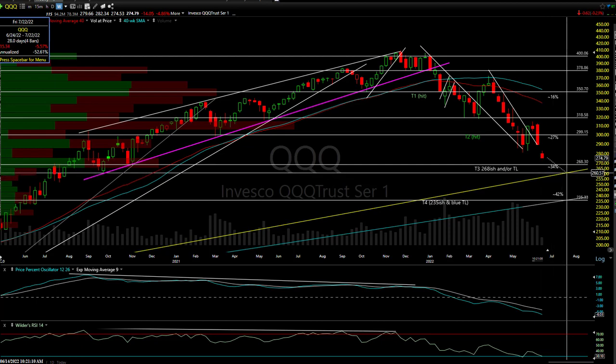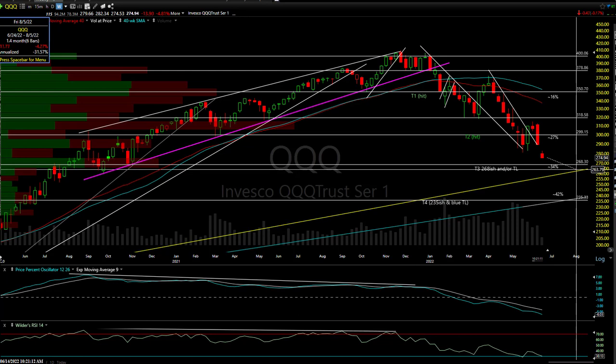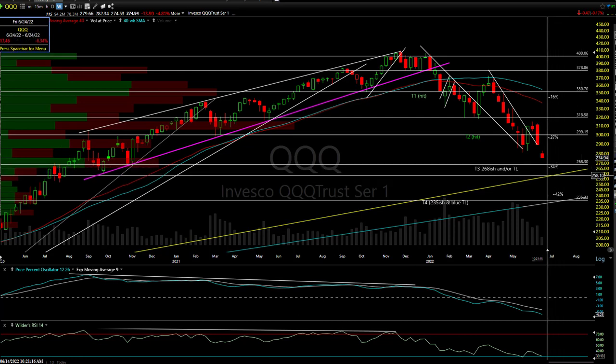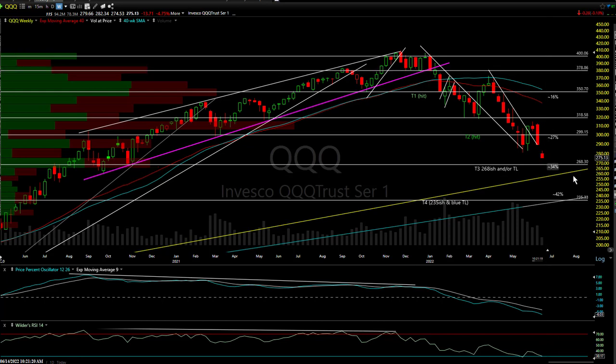See, trend lines are dynamic. They go up at higher and higher levels each and every day. All right, so that is just ballpark. And remember, T2 is T3 and the trend line, because all along here, I figured by the time we got there, in my mind's eye, I saw this thing playing out in this fashion, and that's why way back then I listed them as that, because they were coming in and they're close enough now,